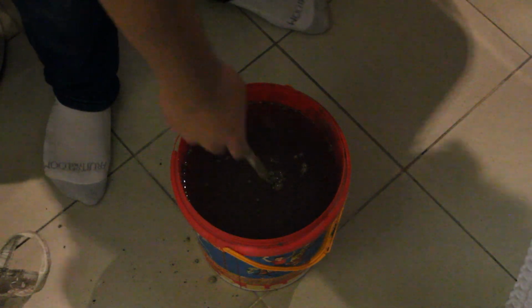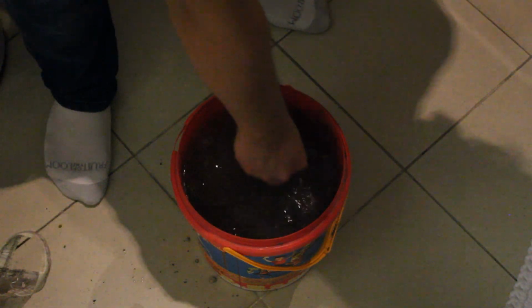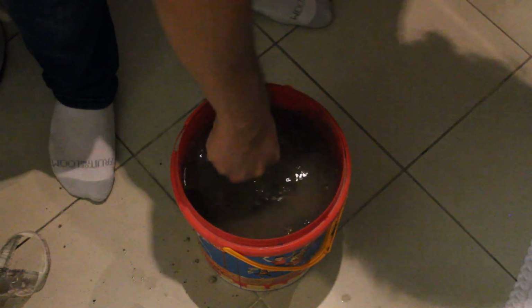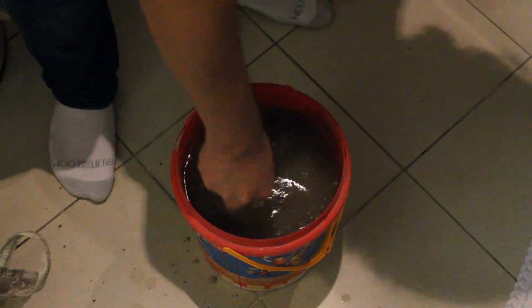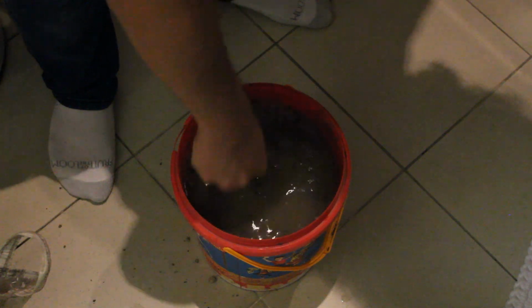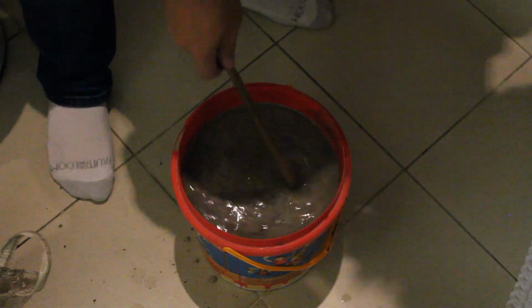And here now, I just have a small stick that I'm going to use to stir up the water and the clay, get it mixed up quite well. It's important that you mix the clay as much as possible here. Make sure you get as much of those clay particles suspended in the water. Now that that's all mixed up,